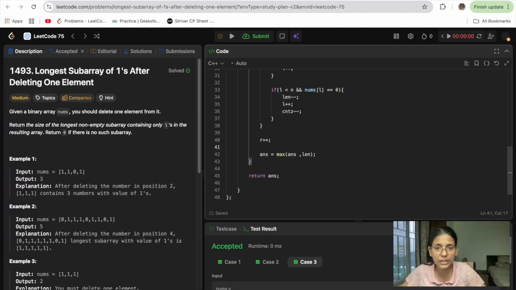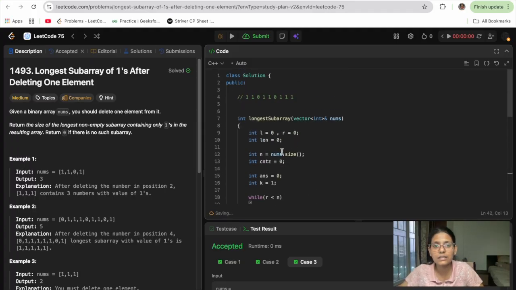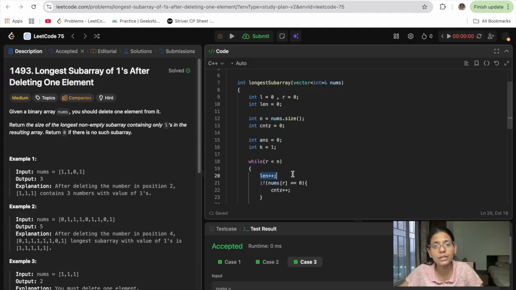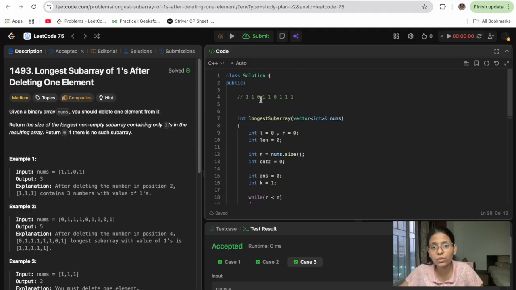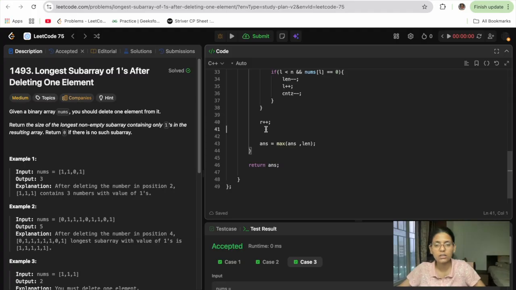So a small change we need to do here. What if in this example we calculate the number of zeros, it is 1, and at that point the length is also plus 1, so it will be 3. But do we want 3 here? No, we don't want 3 here, we want just 2, because we have deleted this 0 that we are considering here.